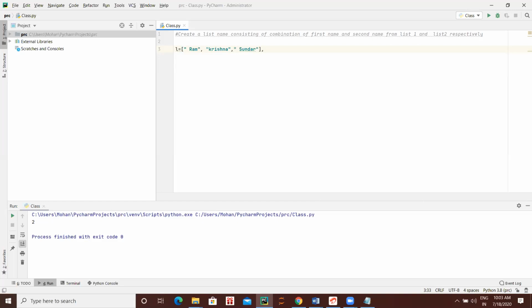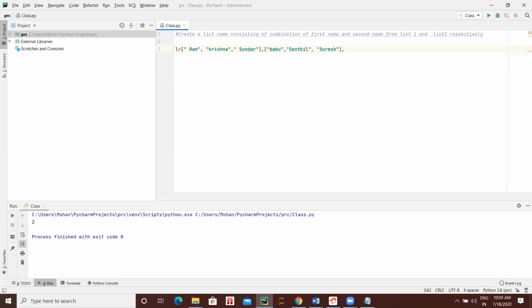Again, one more open square bracket. Here you write the second name. These are the first names: Ram, Krishna, Sundar. Now write the second name here for Ram. Comma. Now for the whole thing give a square bracket.